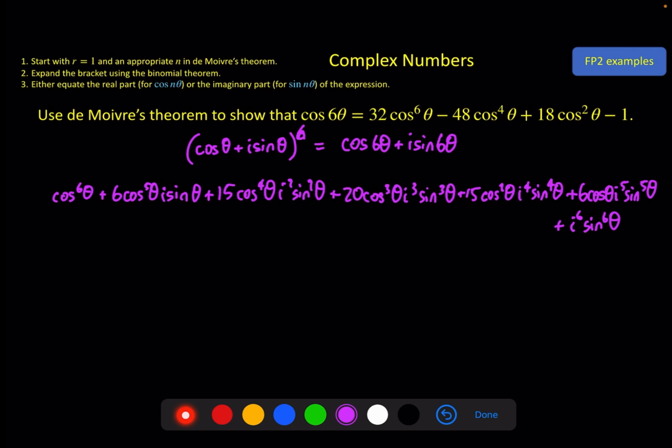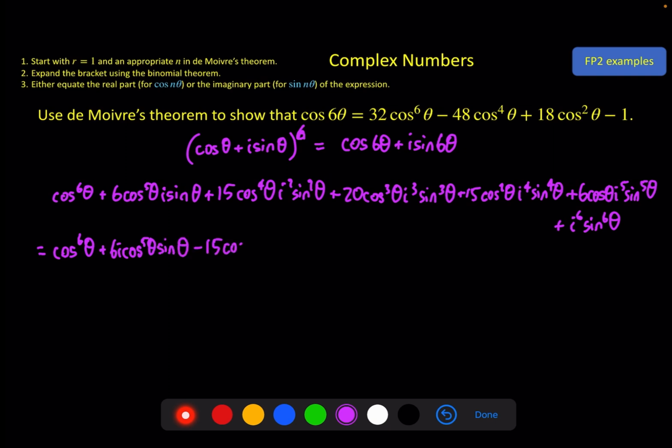Now we need to simplify this, specifically meaning the i's, because this term here, although it has an i in it now, when we simplify this that will be a minus, this will be one of the real terms. So we'll need this. So go through and simplify the terms, and that gives us cos 6 theta plus 6i cos 5 theta sine theta